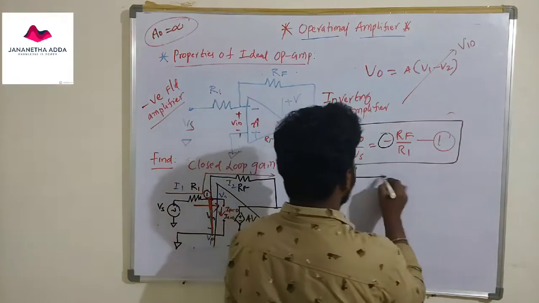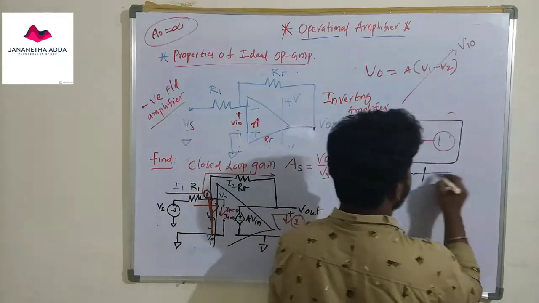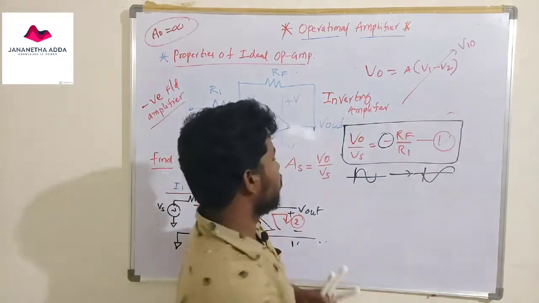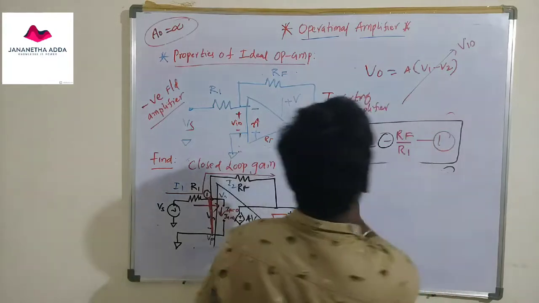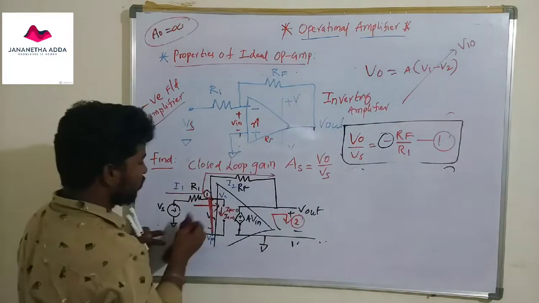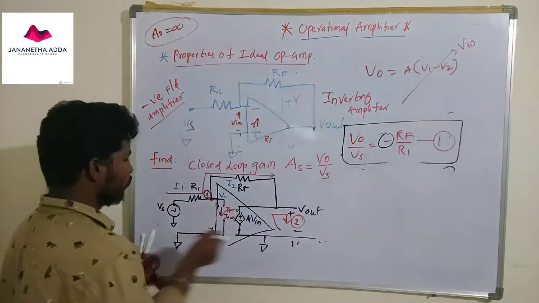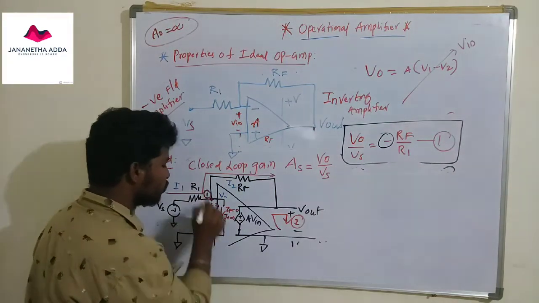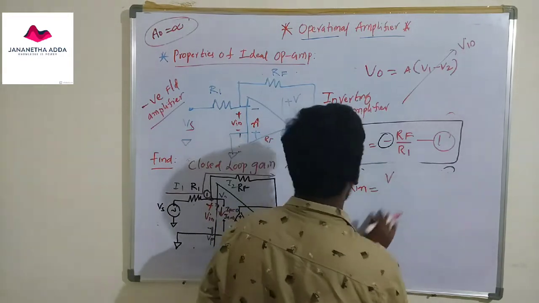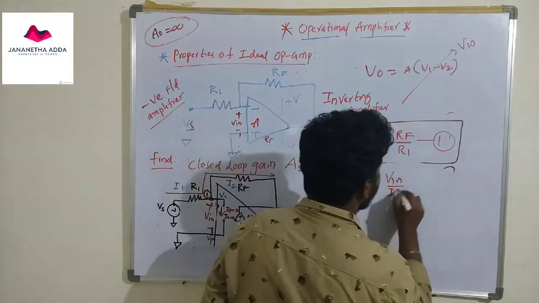If I provide an input signal having a positive amplitude, the output will be a 180 degree phase shifted signal. So this is one of the properties. I also provide here the virtual short circuit, which is equal to a practical short. So this is Vn. If I want to find the input resistance of an amplifier, I have to consider V input by I input.